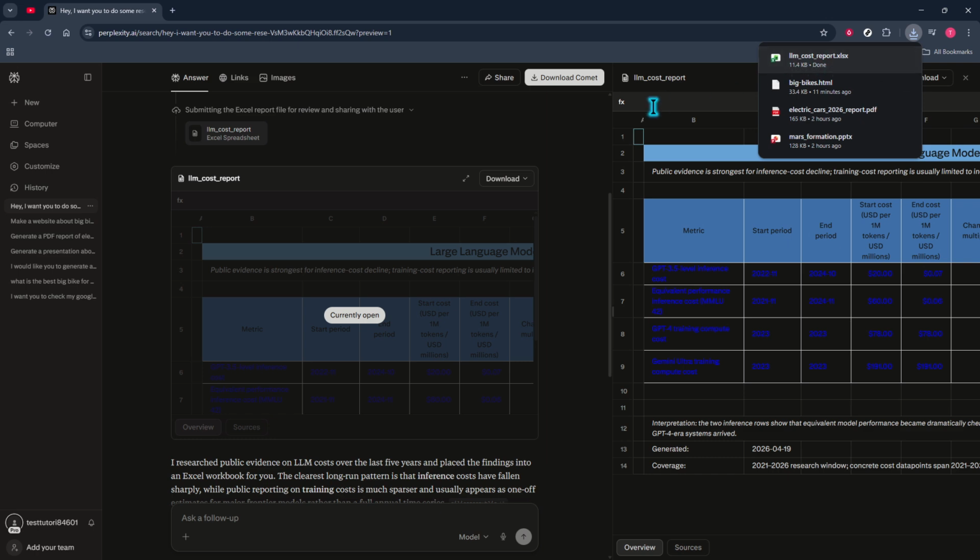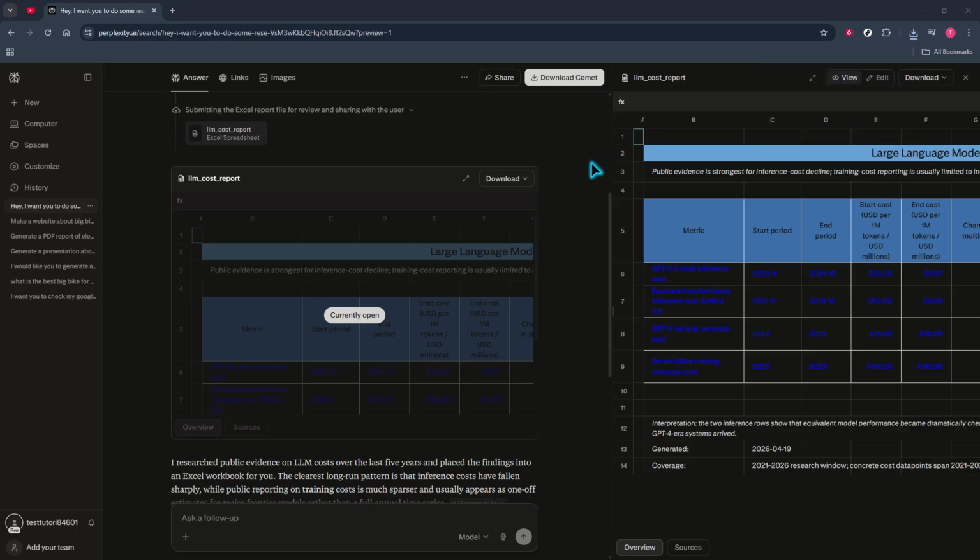You visited Perplexity, clicked into the prompt area, typed a clear structured request, submitted it, previewed the result, and downloaded your Excel file. Use this same flow for any Office